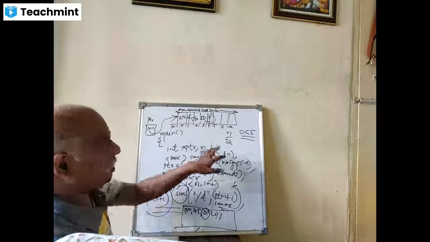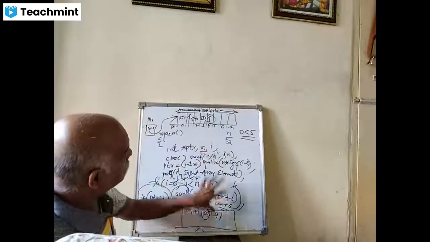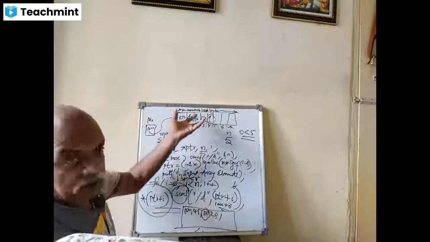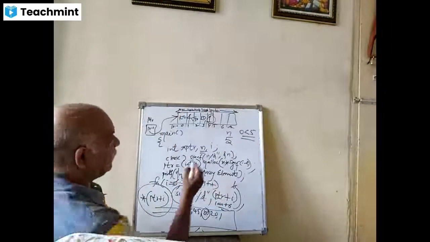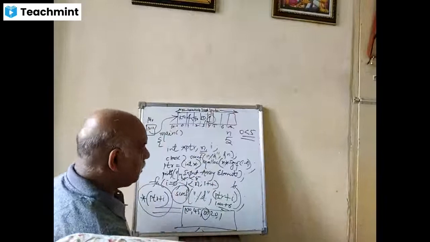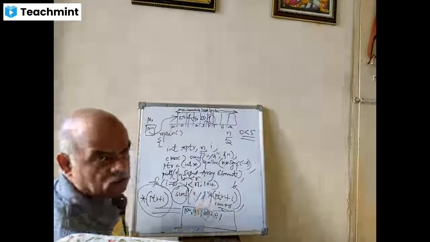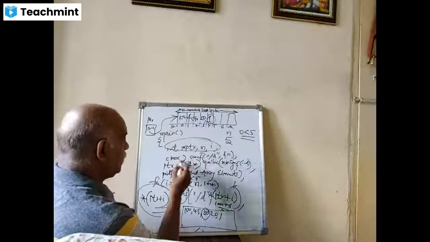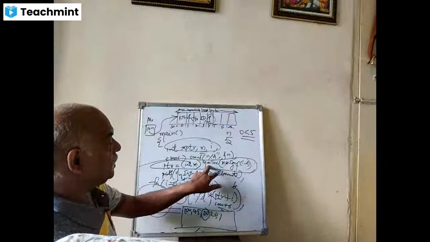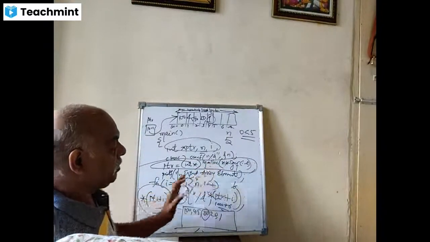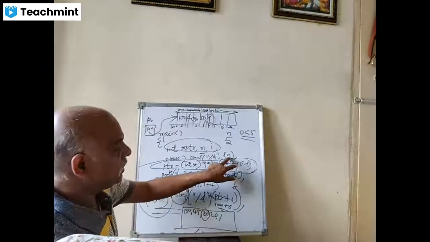You are not declaring any array. Through pointers you are accessing and storing all the values into an array created dynamically, and you are taking the elements from the array and printing them on the monitor. There are two things you have to remember: ptr plus i, and the value at star of ptr plus i. The declaration is important. You have to create memory dynamically. Once this is executed, a memory block is created of whatever size you have read from the keyboard.